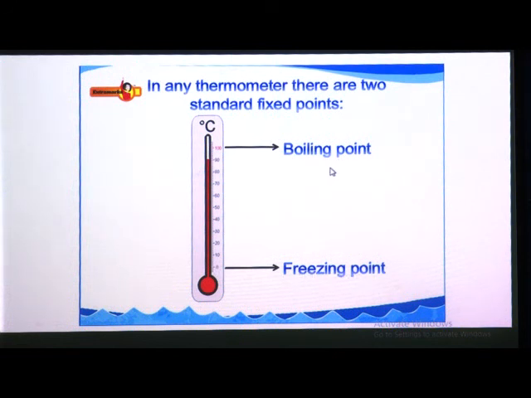What is the boiling point? The boiling point of water. When water boils in a vessel, you can keep the thermometer in that vessel and find that water boils at 100 degrees Celsius. So, we can say that the boiling point of water is 100 degrees Celsius. The unit is degrees Celsius. When water freezes in the freezer, the freezing point is 0 degrees Celsius. When the temperature is 0, only then does water freeze or convert into ice. So, the unit used for the freezing point as well as the boiling point is degree